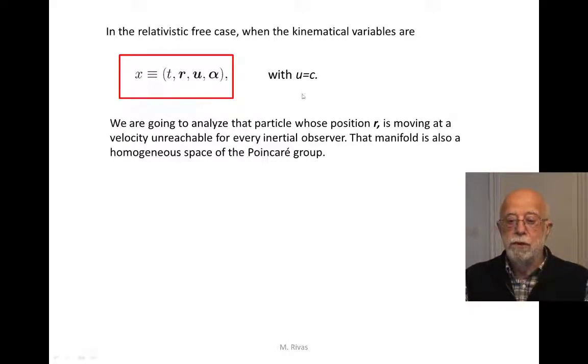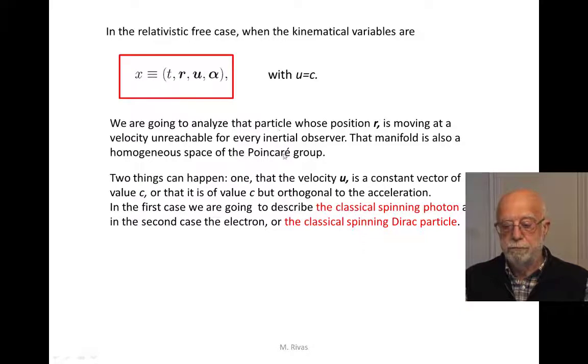But if u is equal to c, there are two possibilities. One is that the vector u is a constant vector. So this particle is moving in a straight line at the speed of light. This is the idea we have of a photon. But there is another possibility, the possibility that the absolute value of u is c, and therefore it has an acceleration, and velocity and acceleration are orthogonal vectors. This second possibility is going to be the classical description of the Dirac particle or the electron,